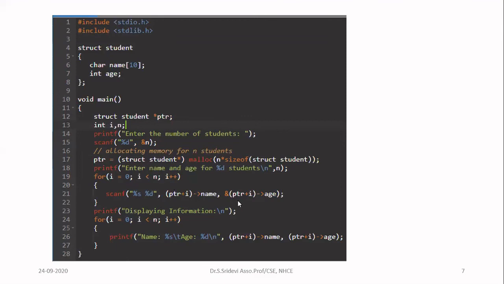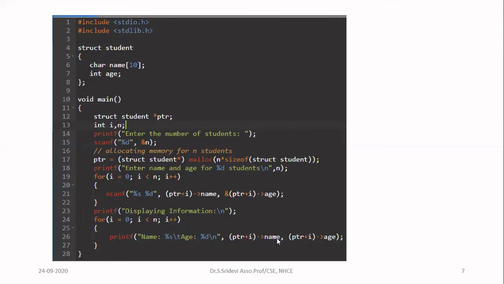After that, you want to display them. When you want to display, again write one more for loop. For I is equal to 0, I less than n, I plus plus. In that, you are going to display the name. So I am using %s, then age, %d. Now what we are going to display? Value of the variables. Okay, so to display the value of the variable, you can simply write PTR plus I,